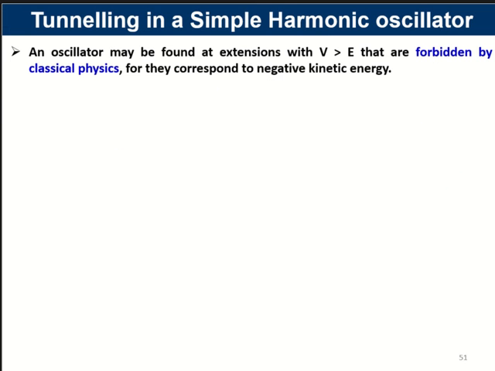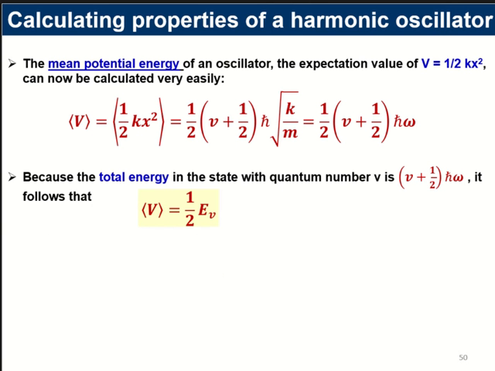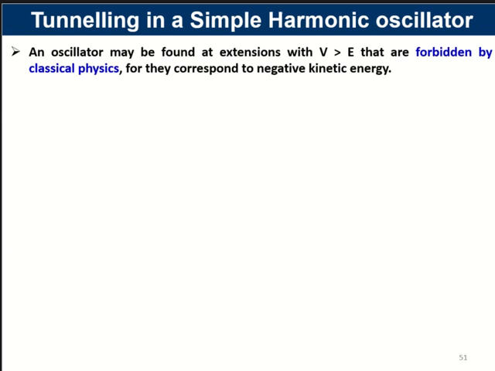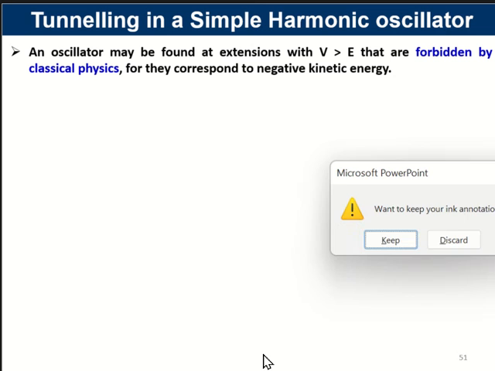So we have calculated these, things that we have already done, calculating the properties, and I told you that you will need to calculate the mean square displacement, and once you have calculated mean square displacement, you can also calculate mean potential energy. So that was half EV total energy, mean kinetic energy is also half EV. And then we are here, the concept of tunneling, as I told you, we had also seen. That's why I need to go back to that particle in a one-dimensional box